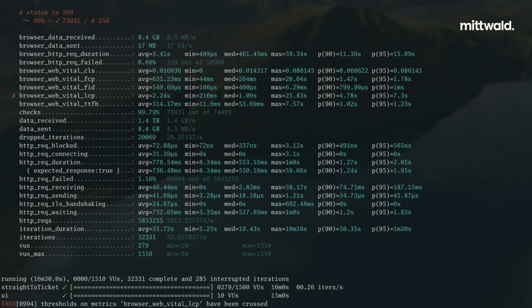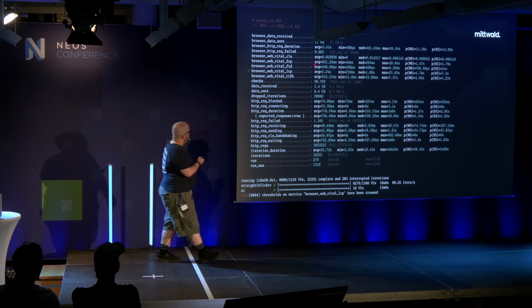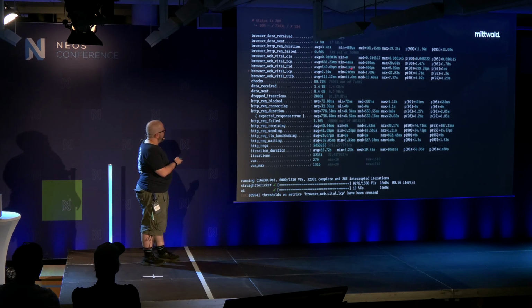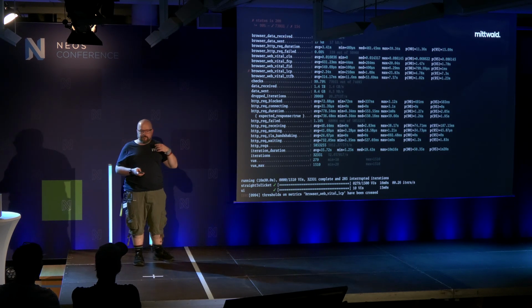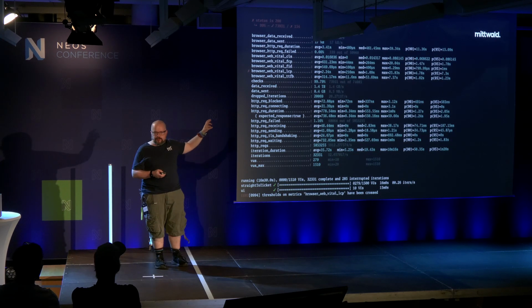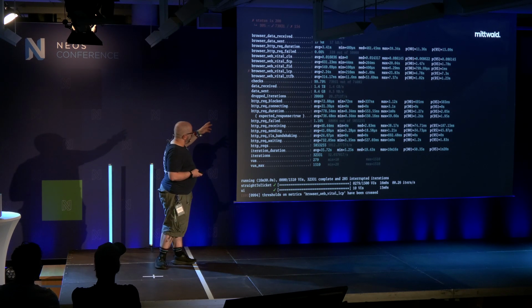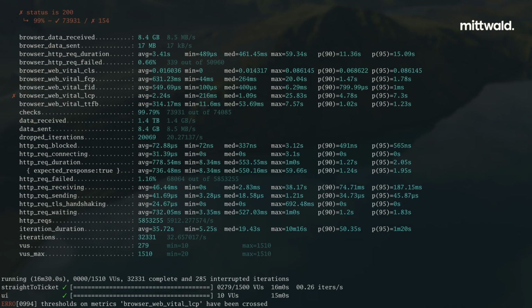This was the actual output that we got in the end from one test case in which we did roughly 6 million requests in I don't remember how long. Grafana tells you, over there we have those core web vital metrics. We get statistics for those. You can also see if those thresholds that you defined were met, which in this case they were not. So basically, you have everything in metrics that you need in there.